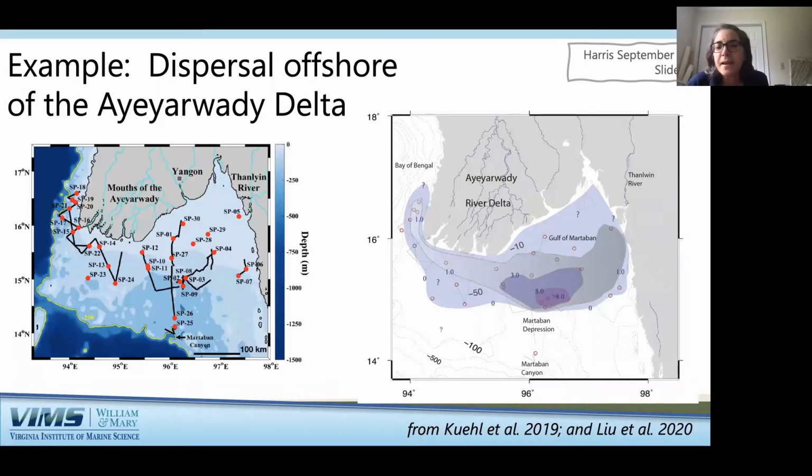So as I said, in December of 2017, Steve Keel and Paul Liu led a field research cruise, where they went offshore of the Irrawaddy Delta, and they took lots of sediment cores. Each of these red dots is one of the sediment coring locations. And they also did chirp seismic. Each of the black lines on this grid is where they ran the chirp to get an idea of the way the sediment was deposited and accumulating throughout the Holocene.